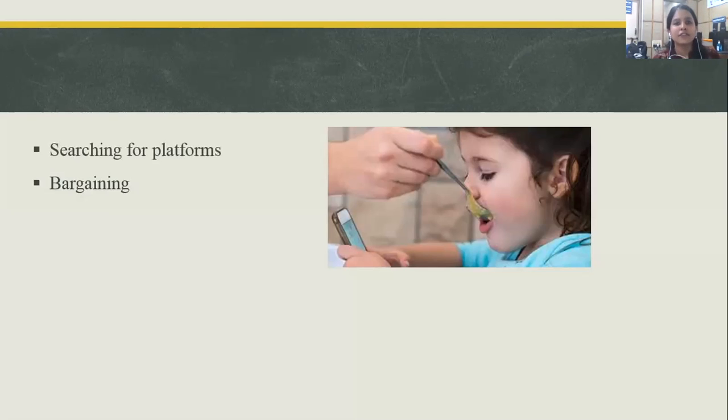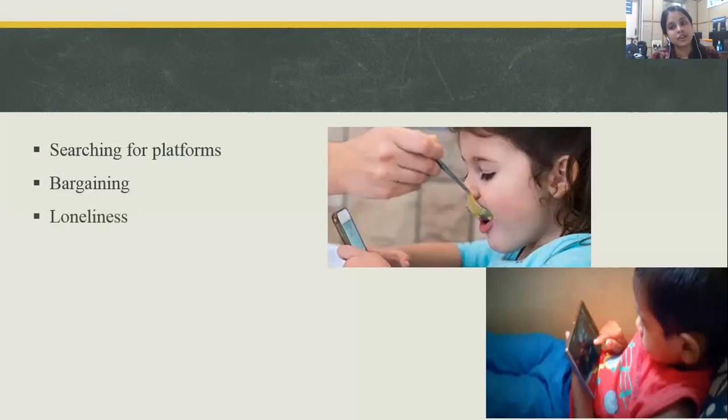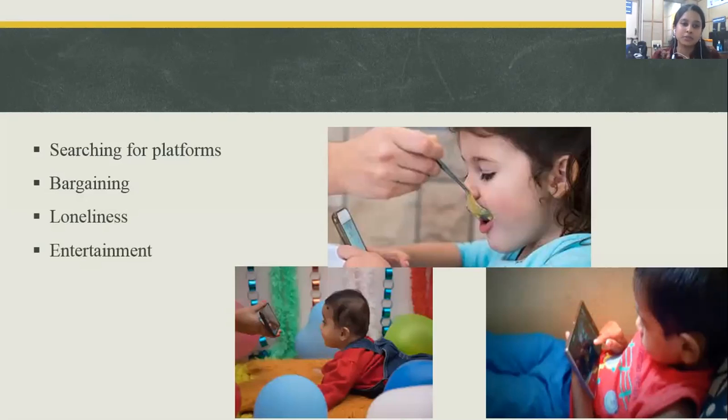And for many older children, maybe in primary or higher primary classes, they search for platforms where they can put all their skills out. So many times children also spend a lot of time with mobile phones because they want to get rid of loneliness. And parents also keep this as an entertainment option, because if the child is not having a very stimulating environment, then the phone is a better option according to them. Also, in recent times you can see academic platforms are also being released through media or mobile phones.